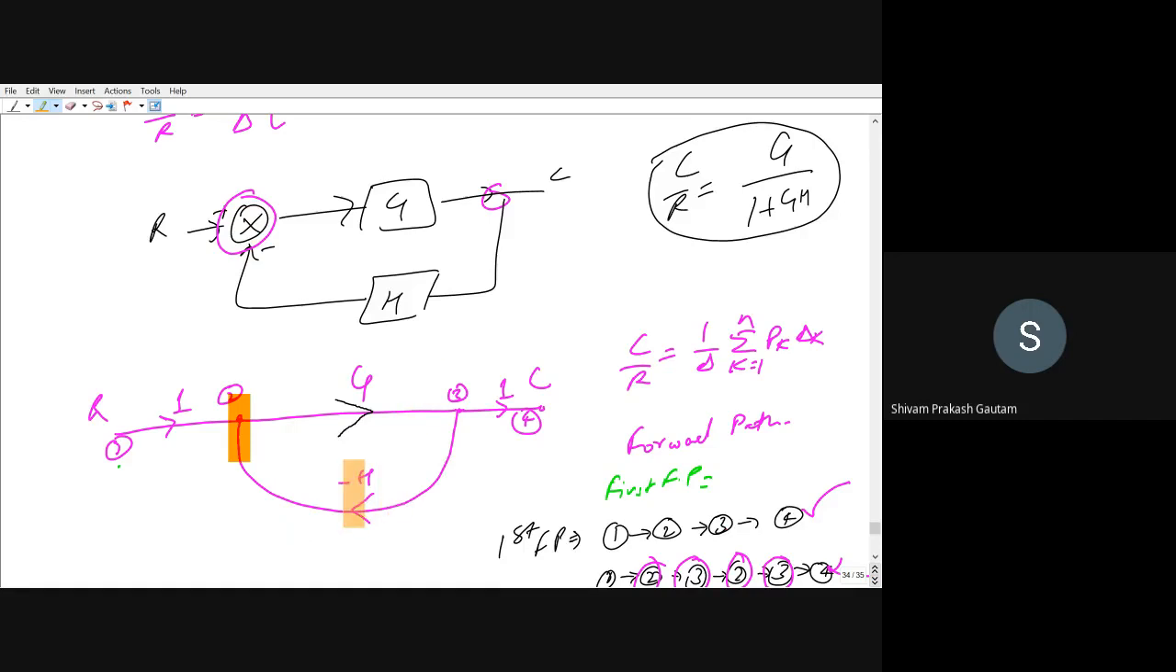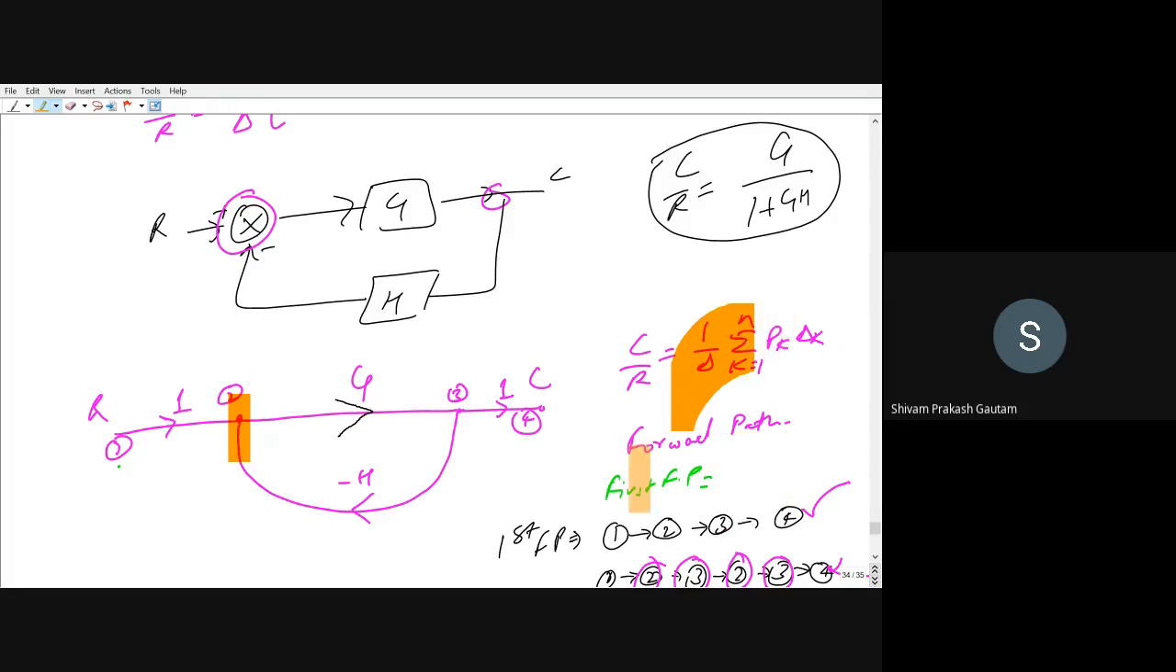And the feedback path gain is minus H. Now, what is the formula for Mason's gain? C by R is equal to 1 by del, summation of k equal to 1 to n, Pk del k. So